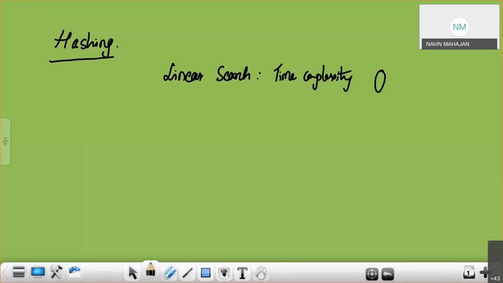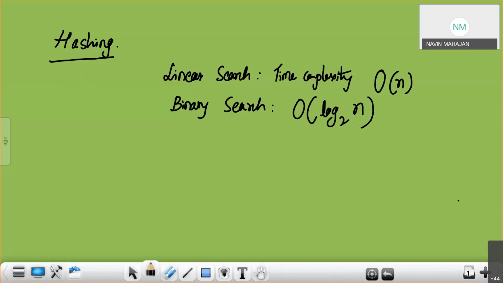O of n. If it is binary search, how much is the time complexity? The time complexity is O of log n, log to the base 2 of n.